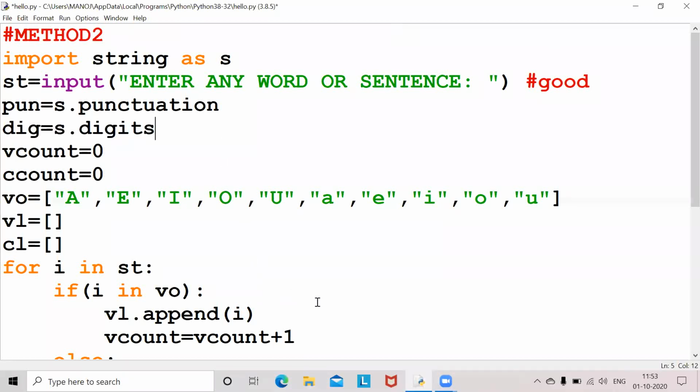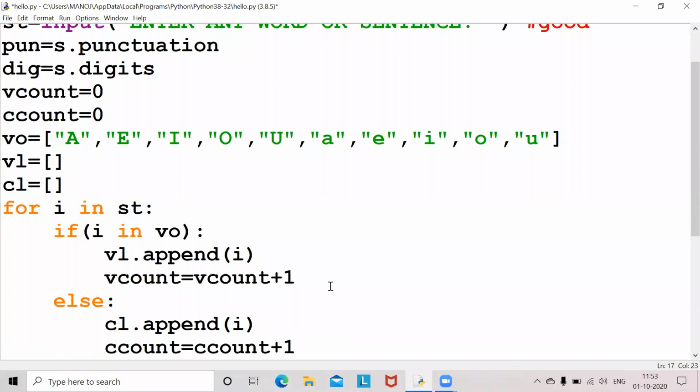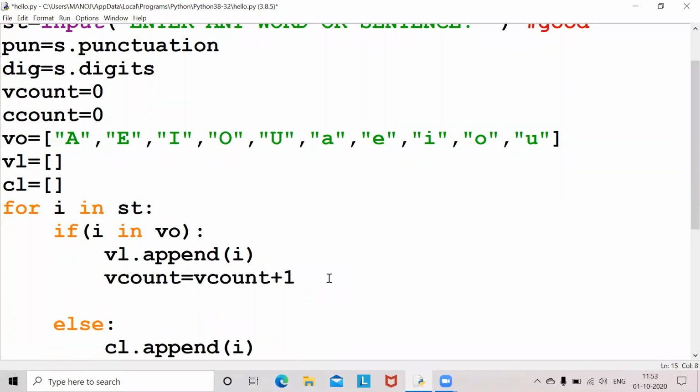Now let's go to the conditions. See, now I'm writing elif. You see, we have else if; in Python we have elif. Okay, I'm writing some conditions.